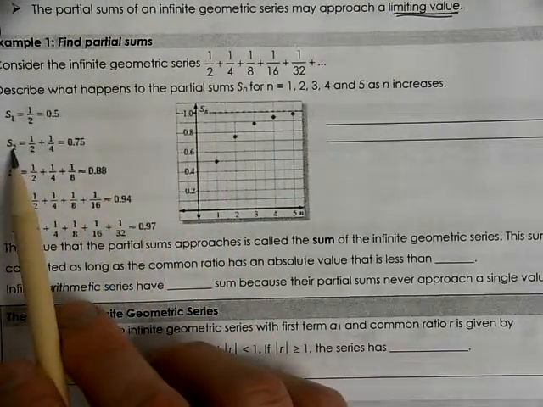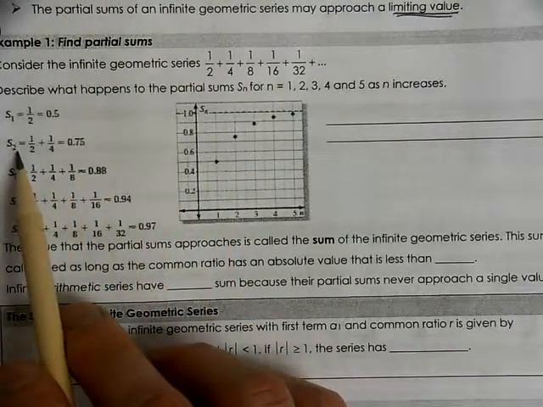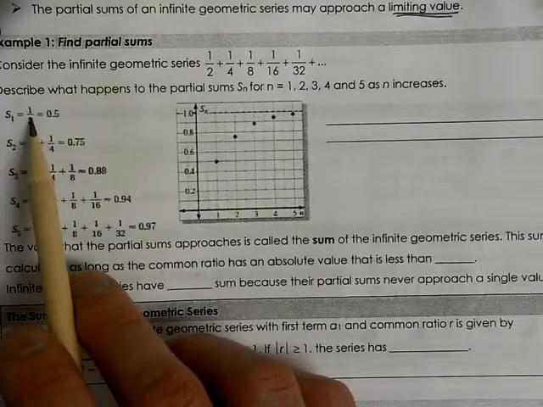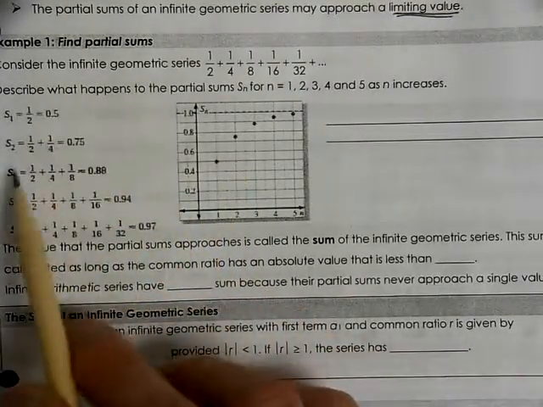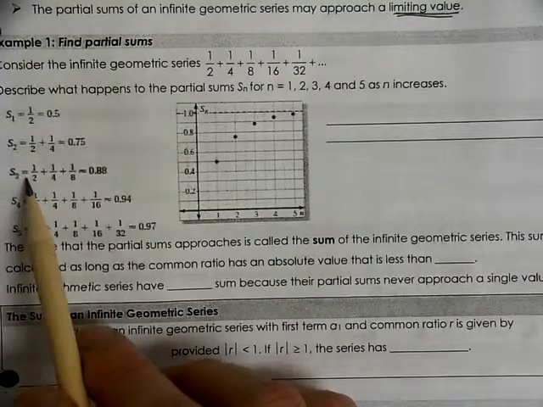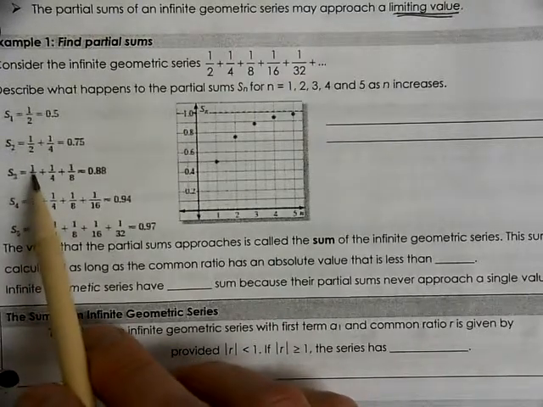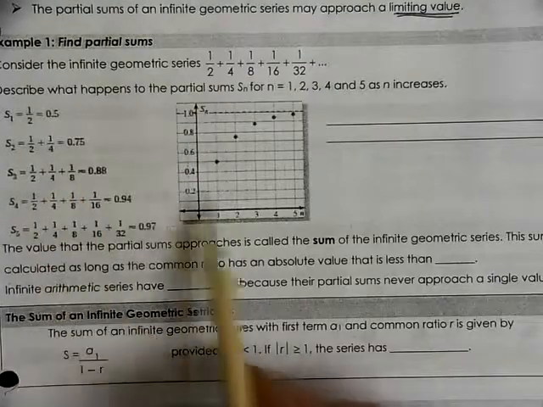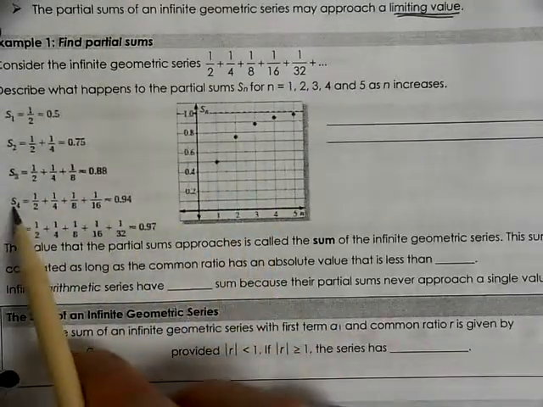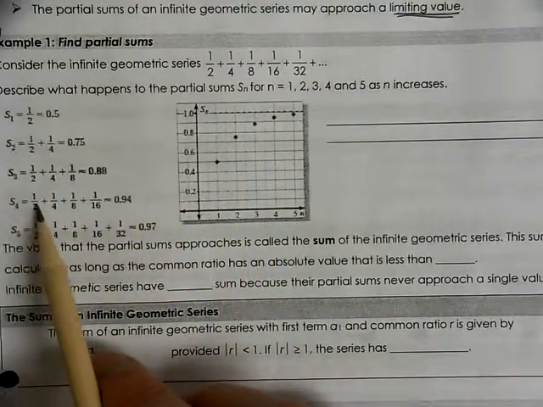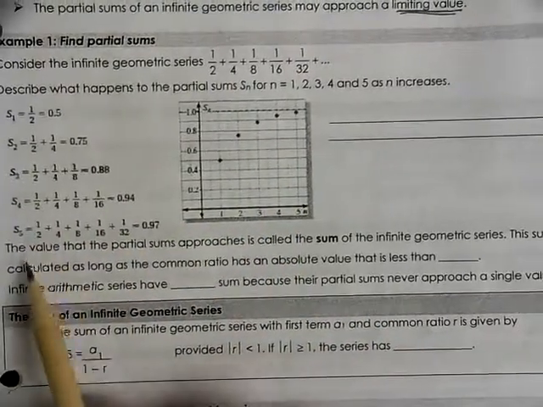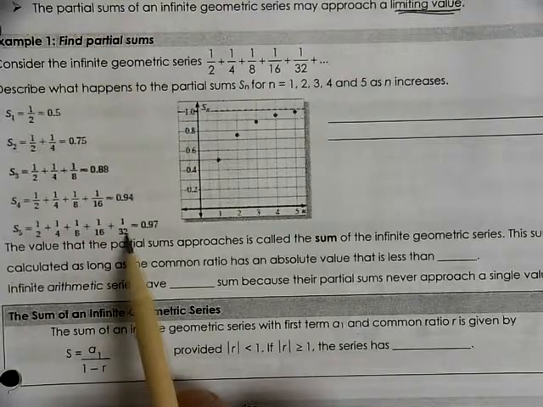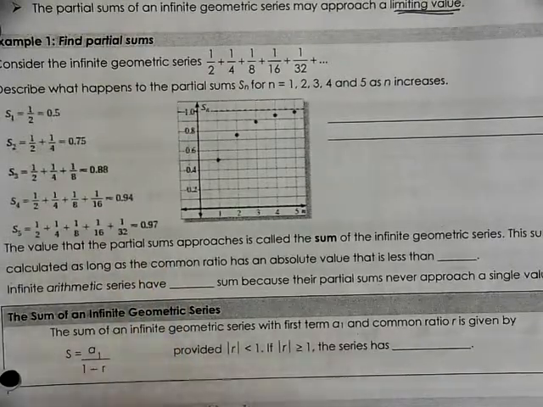For the second partial sum, we're going to take the first and second number added together. For the third partial sum, the first three numbers added together. For the fourth, the first four numbers added together. And for the fifth partial sum, it would be all five numbers added together,